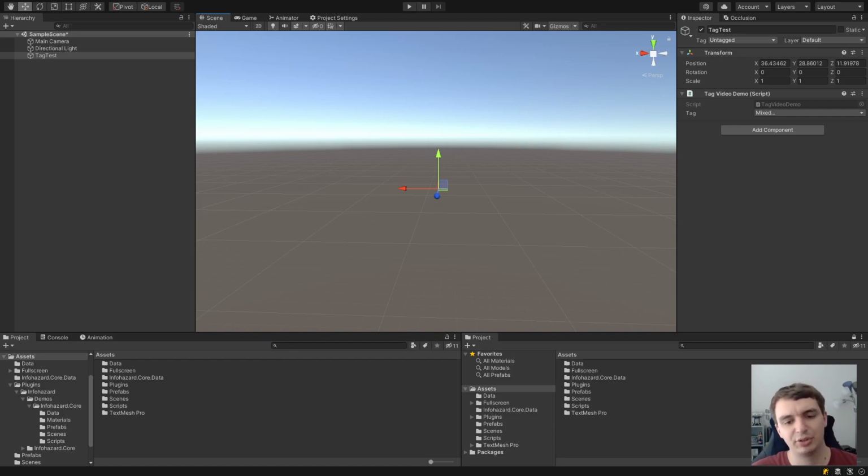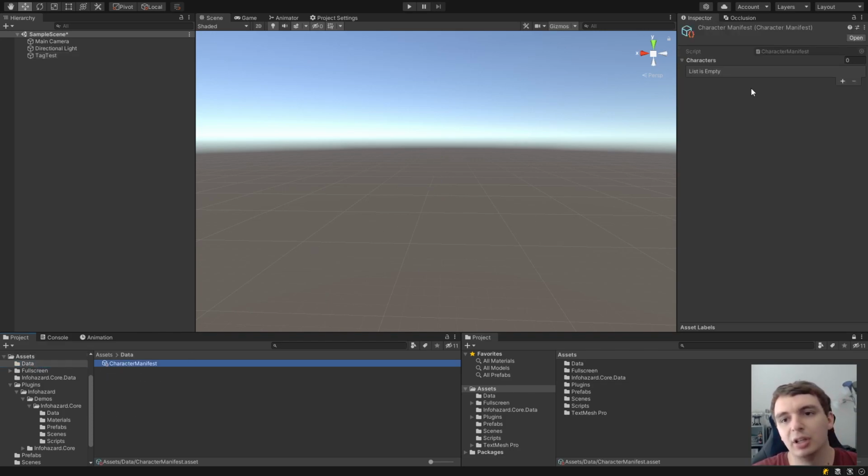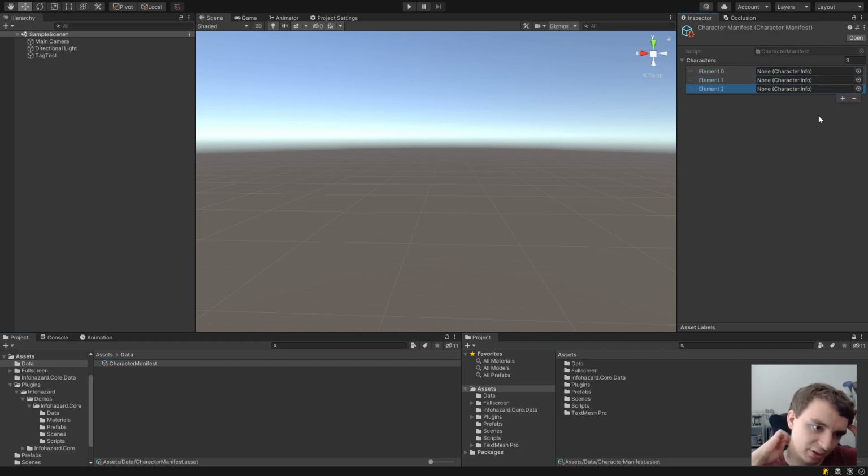The next thing I want to demonstrate is how the expandable attribute can improve your scriptable object workflow. So let's say I have this character manifest, and this is basically just a list of a bunch of character objects. This is a scriptable object, and these characters are also scriptable objects. So if I wanted to create the characters to fill in these slots, what I'd normally have to do is